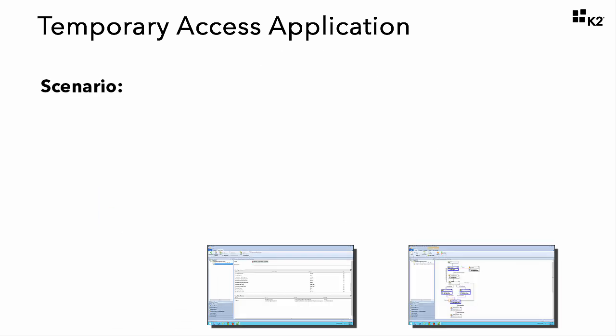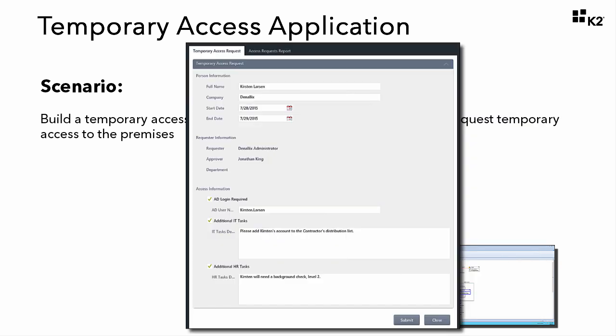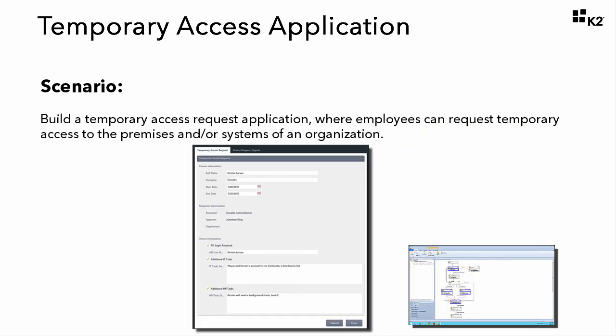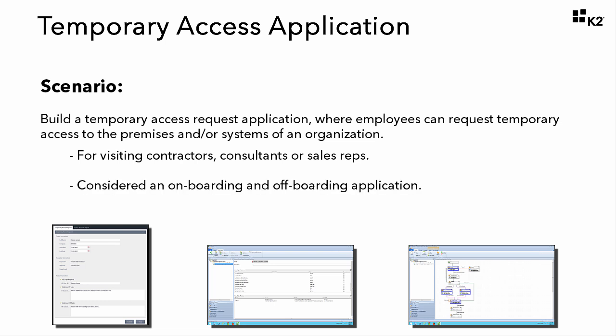The sample scenario for this tutorial is a temporary access application where employees can request temporary access to the premises and systems of an organization. For example, think of contractors or consultants when they visit. They come on site and they need some kind of system access or security access for the duration of their visit. It is a type of onboarding and offboarding application where systems and humans work together to make sure that